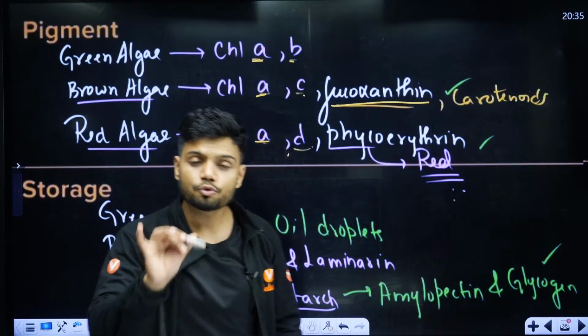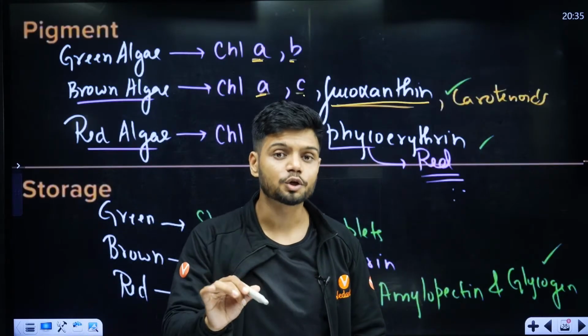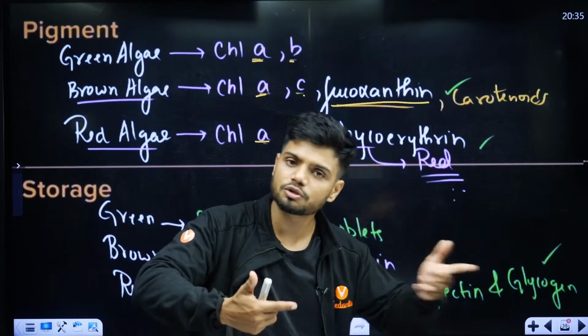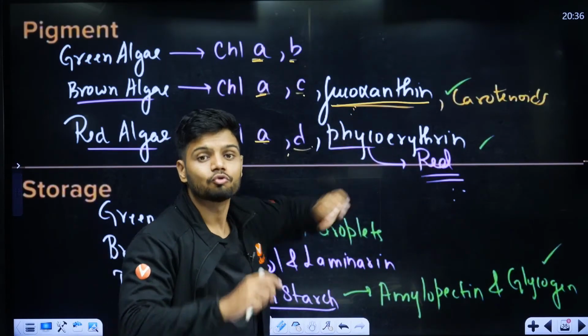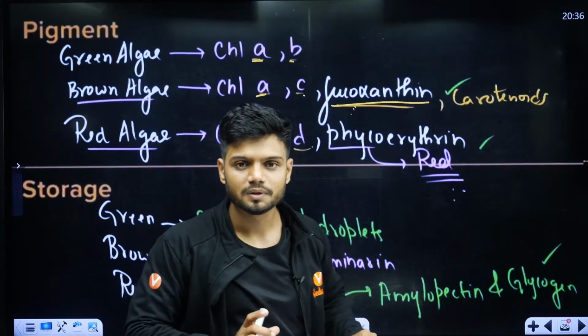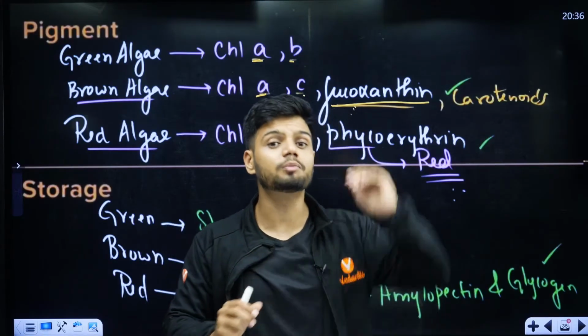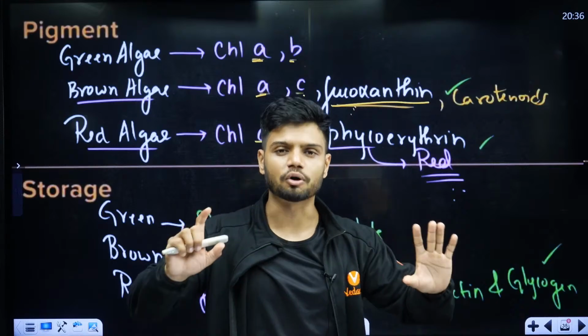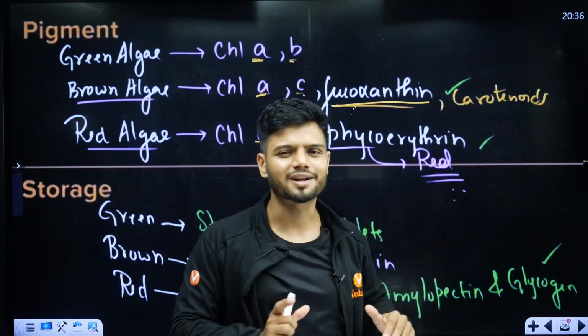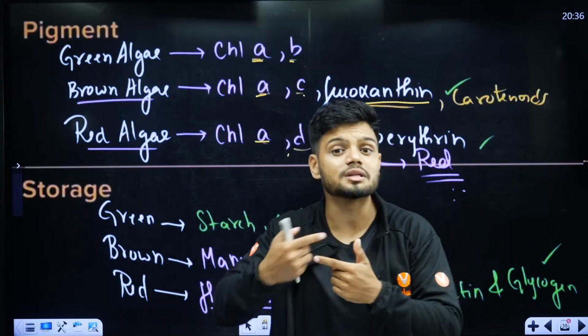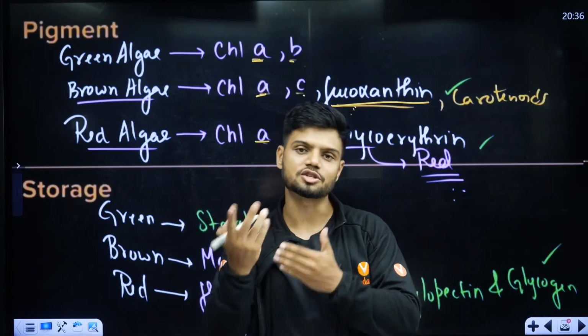Okay, fucoxanthin is the pigment which gives the brown color to the brown algae. इसी fucoxanthin से ना वो brown color algae brown दिख रहा है. अगर इस fucoxanthin का concentration बहुत बढ़ गया तो dark brown. fucoxanthin का concentration बहुत कम हो गया, olive green बन जाएगा. Okay, depending upon the concentration of this pigment, things can change.